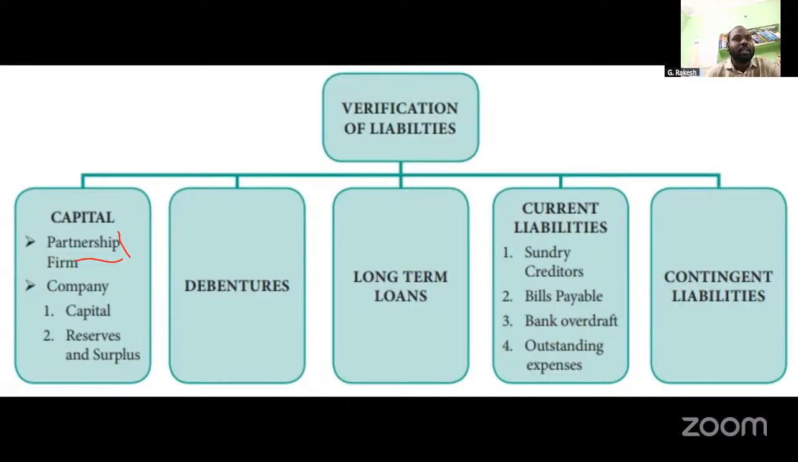And also he has to examine the books of accounts. He should examine the cash book, passbook, and withdrawals of the partners. So these kinds of books have to be verified in case of the partnership firm. And the